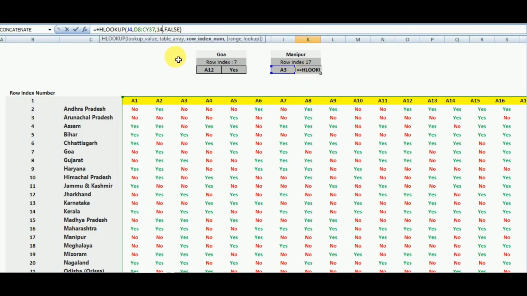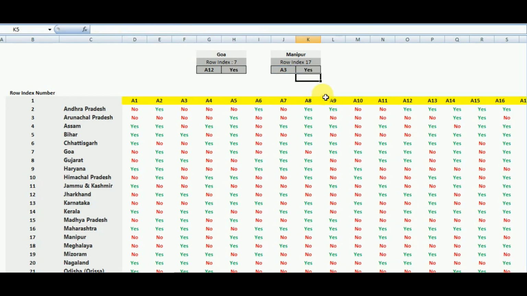While selecting the table, most of the time you have to put the $ sign. And you must be very clear about what the row index number is and how the row index number defines the output. Then for the range lookup you have to select true or false, whether it's an exact match or not.